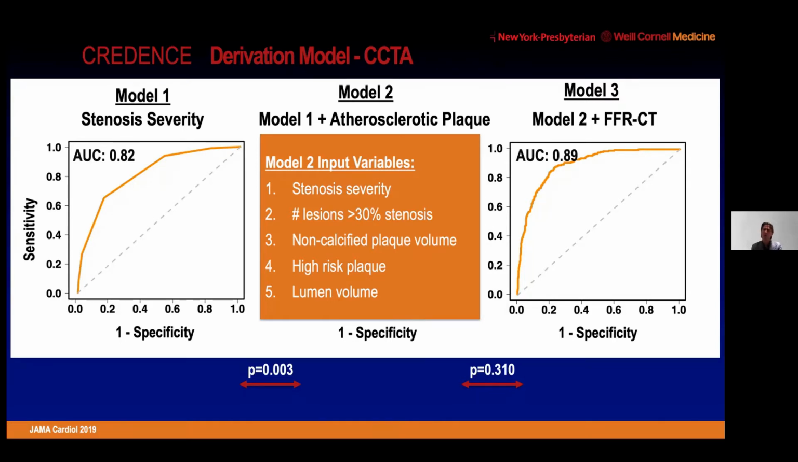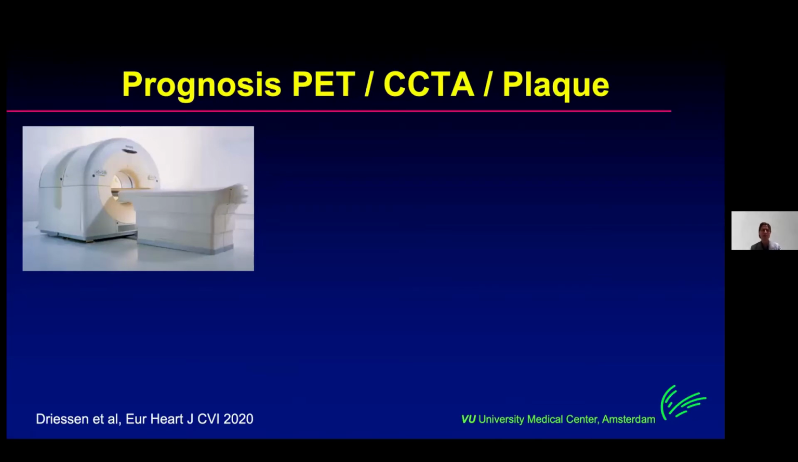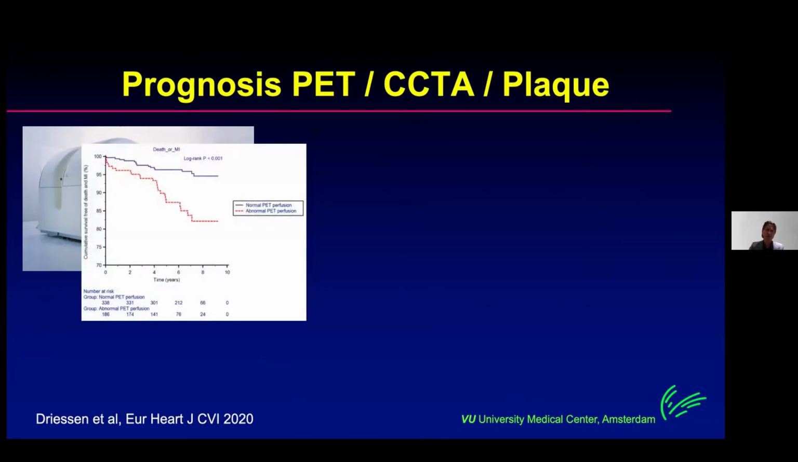So basically go beyond looking at plaque stenosis, also look at how the plaque looks and what could be the hemodynamic consequences. We checked it in Amsterdam in terms of prognosis. We have this PET-CT camera, which can detect ischemia with positron emission tomography, as well as plaque features and stenosis with the CT camera. And basically, pretty much in a 10-year down the line prognosis element,